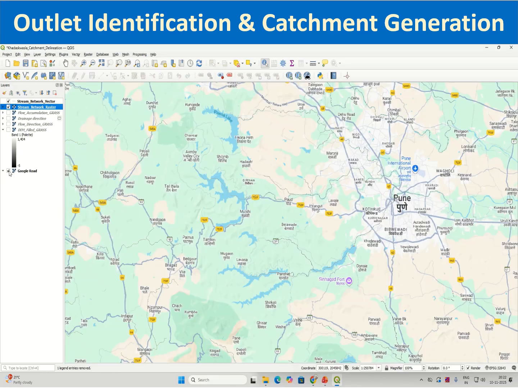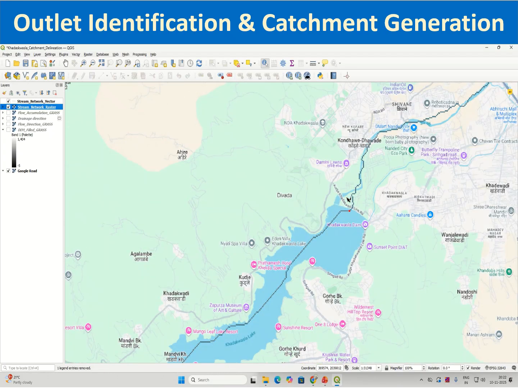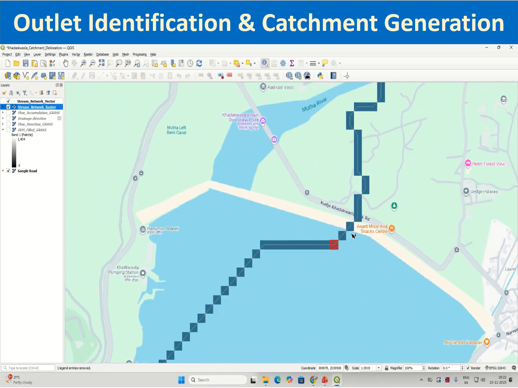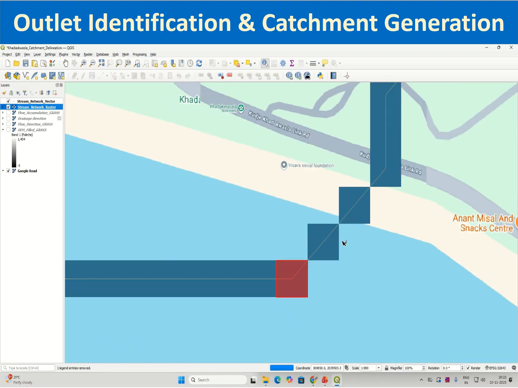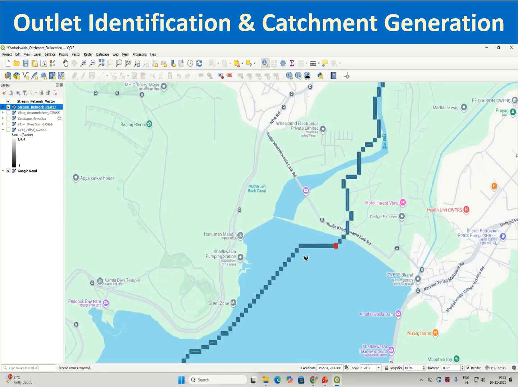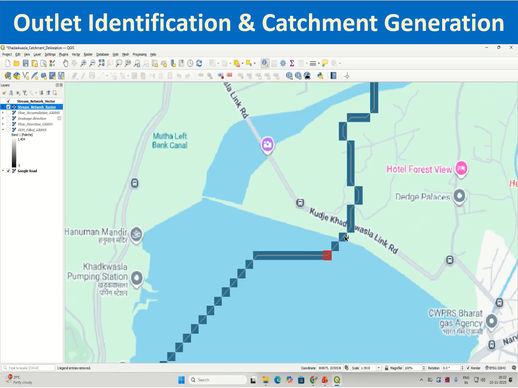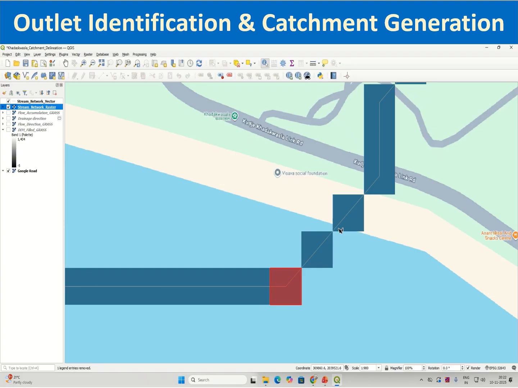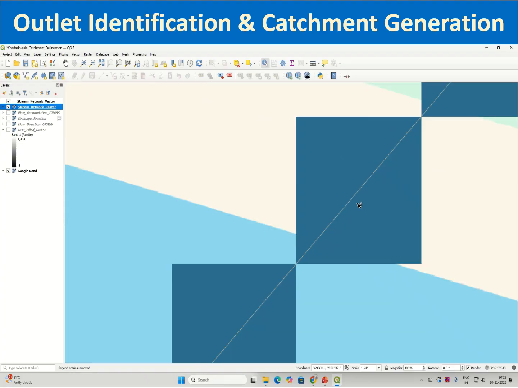You can keep the Google roadmap on for reference, and you can zoom to the extent where you have your outlet. There is only one stream. This is the major stream. You have to choose your outlet point